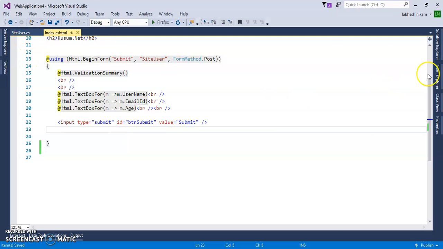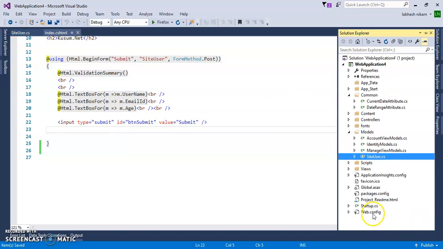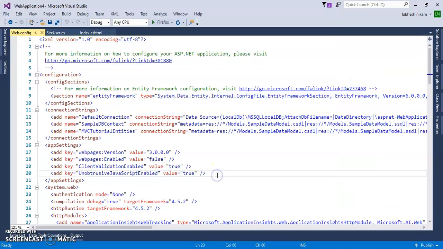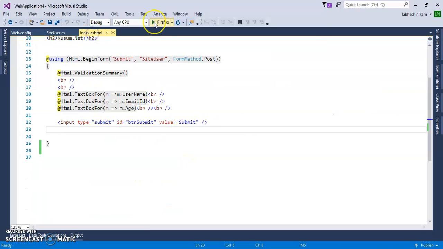Presently in my web.config file, UnobtrusiveJavaScriptEnabled is equal to true and ClientValidationEnabled equal to true. Let's run the program and check it.